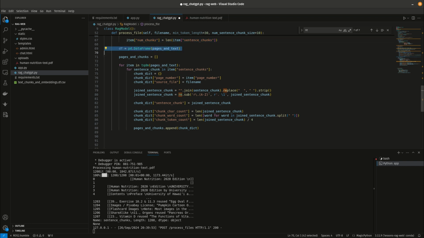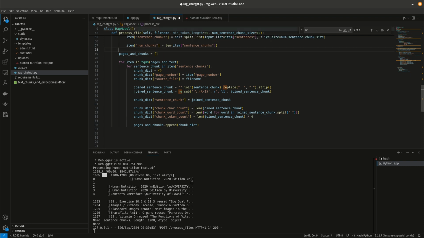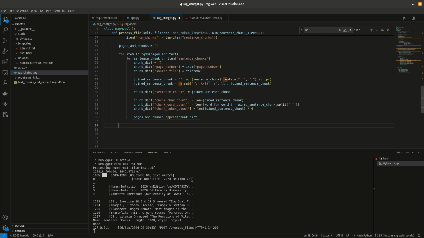And actually, we did not end up using that data frame after printing out the initial data. But we now have a pages and chunks with a lot of the same information, but now split into chunks successfully. So now we can go ahead and turn that into a data frame